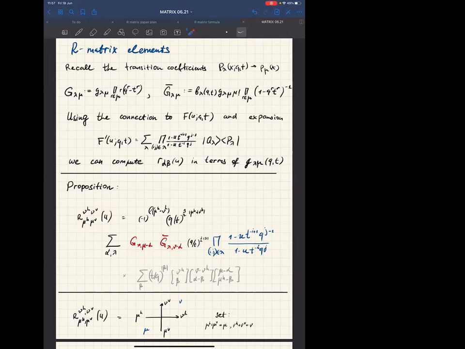So this is a kind of reverse problem. But this formula is somewhat minimal that you can achieve by trying to calculate the matrix elements of R. And the complexity of this formula is the same as the complexity of calculating Macdonald functions,